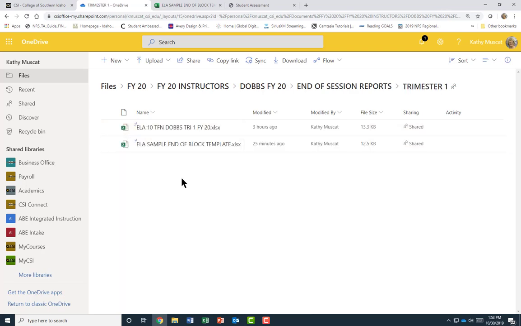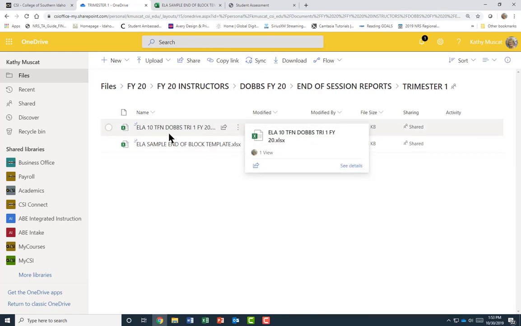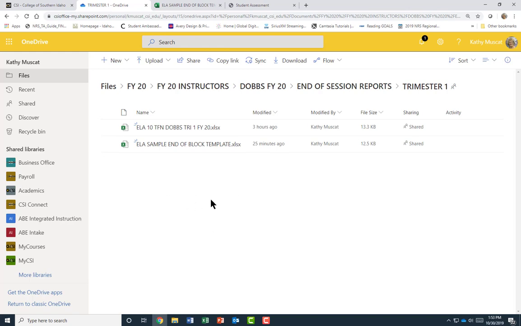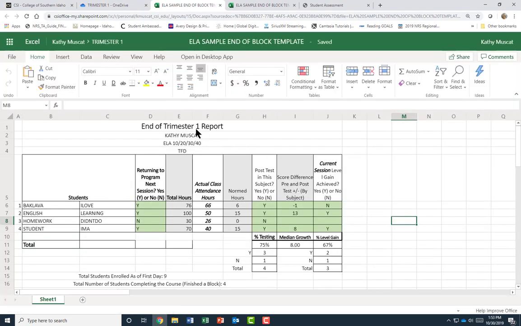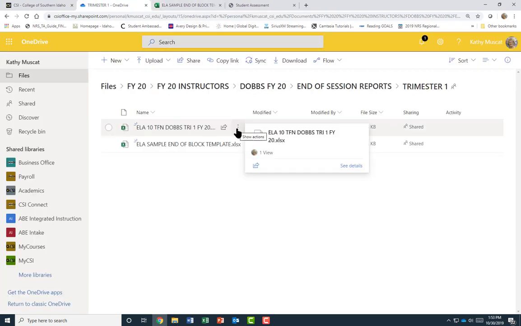And in reality, Anne-Marie would open up this right here. This will have the names of her students and that information I told you would be populated. But again, this is the sample I showed you previously. And there we are. Once this is set up, we do ask that you have this completed before you leave